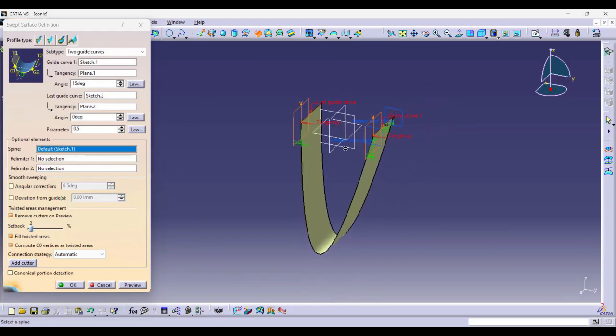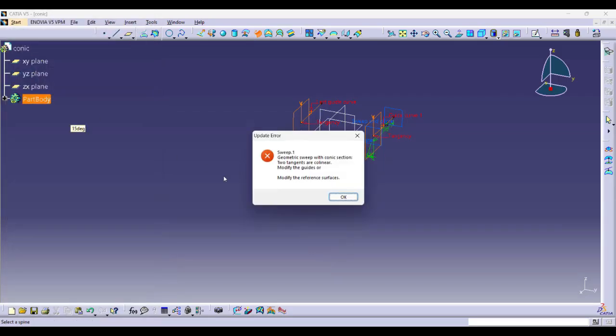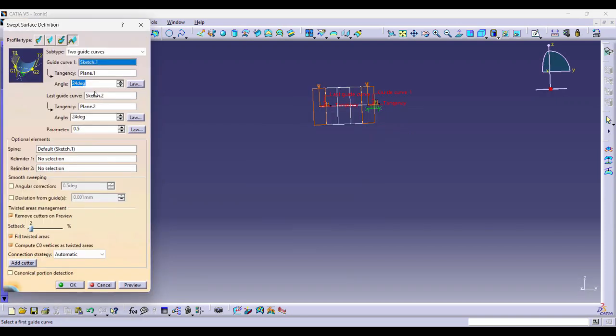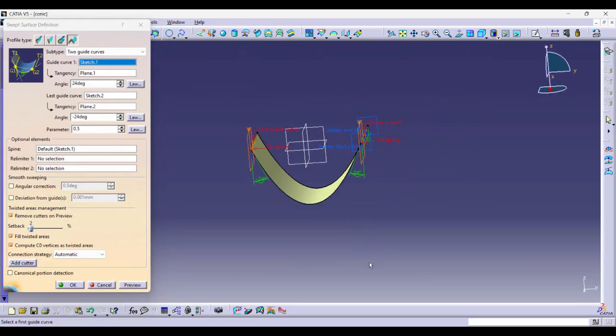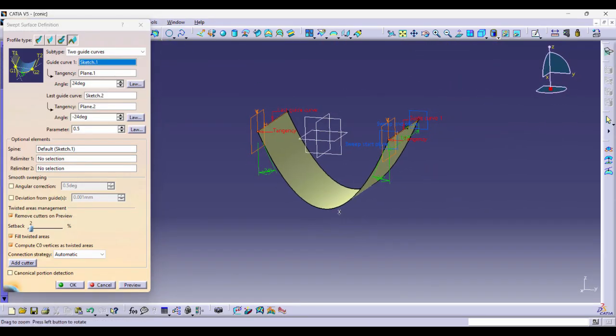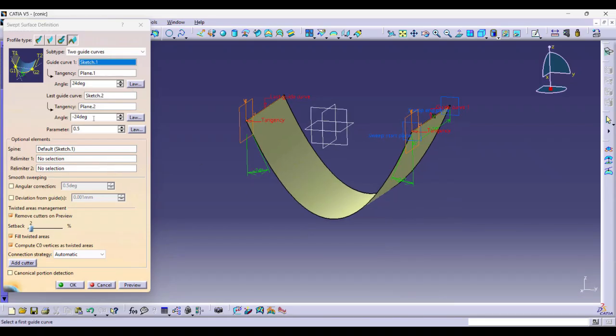Say preview, and we can see at 15 degrees it is coming at the bottom side. If I go for this angle, I'll say 15 degrees on this side also. It will show a null effect. That's why it is not suggested to keep this angle similar. So suppose I take this angle as 24 degrees, and we take this angle in the minus side, I'll say 24 degrees. So we can see here one balanced conic curve has been made. One angle is at the positive side, with the same value having the angle at the negative side, 24 degrees and